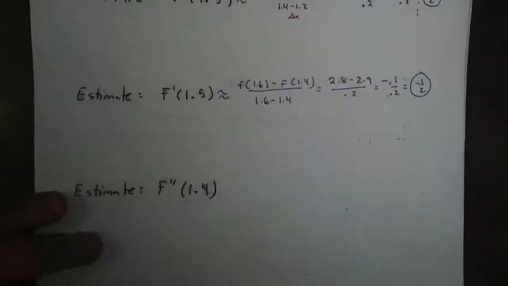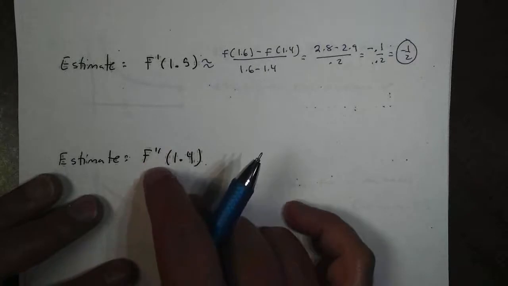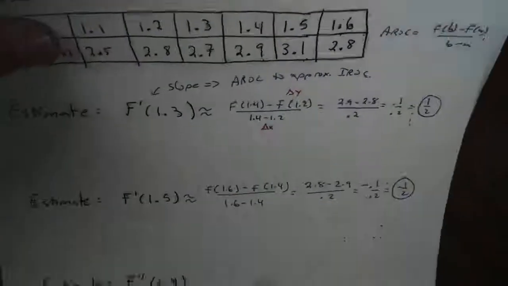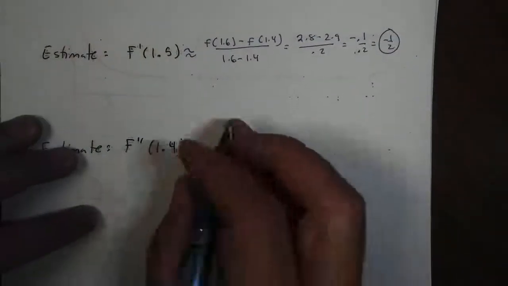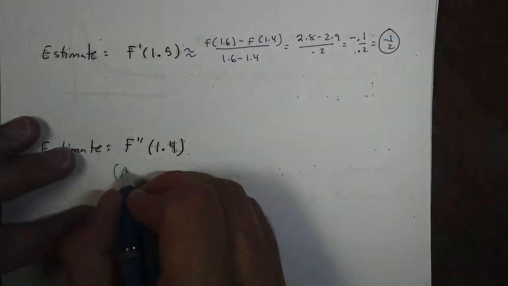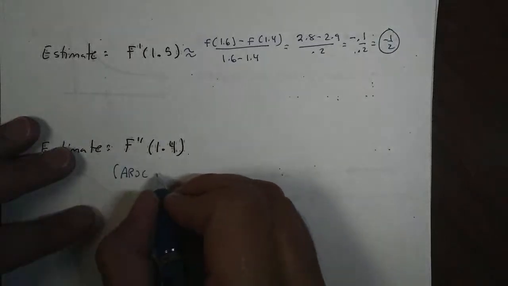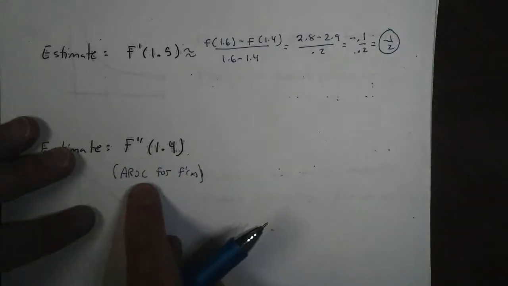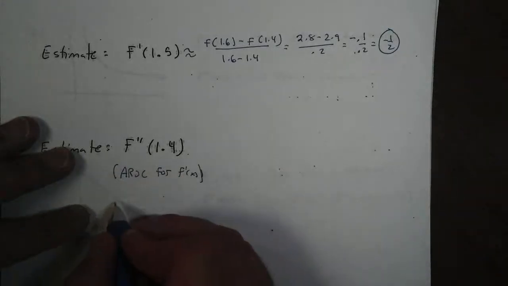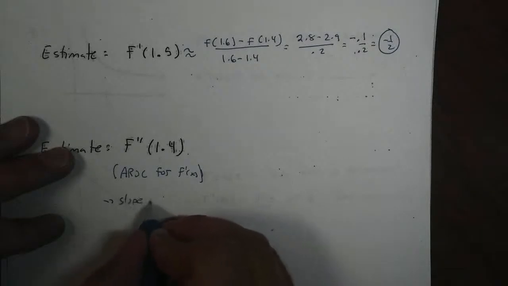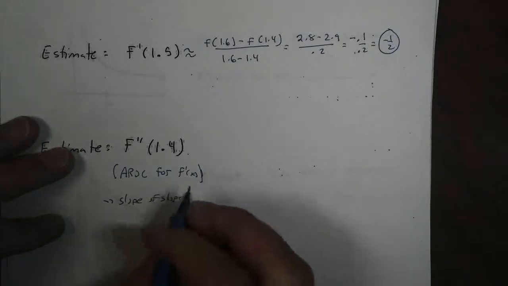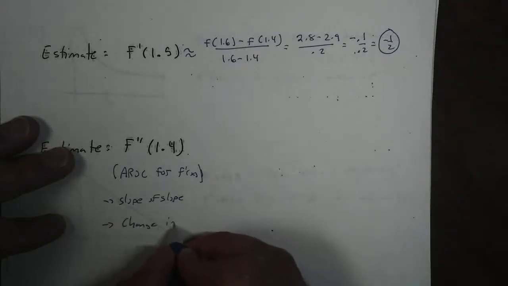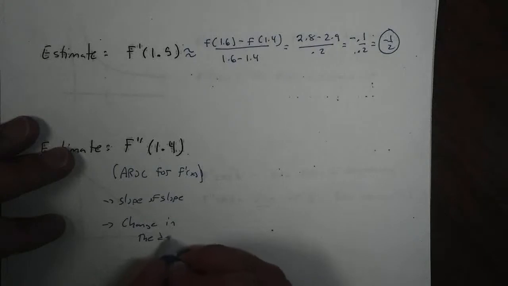Alright, so here's the next one. Now we're being asked to estimate the second derivative. Now from a table, pretty challenging. So let's talk about how to do this. A quick way to remember is that this is going to be the average rate of change for the derivative itself. So if I think of it that way, it's a little bit easier to do. Other names, it's the slope of the slope we've been talking about. The second derivative is the change in the derivative. How is the derivative